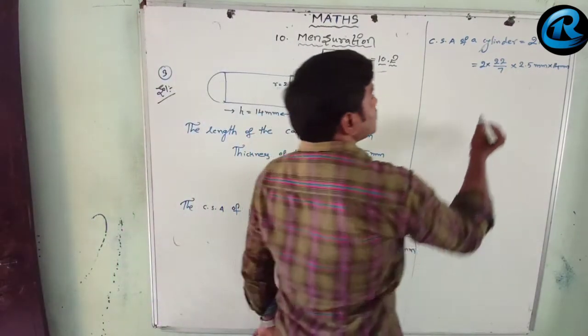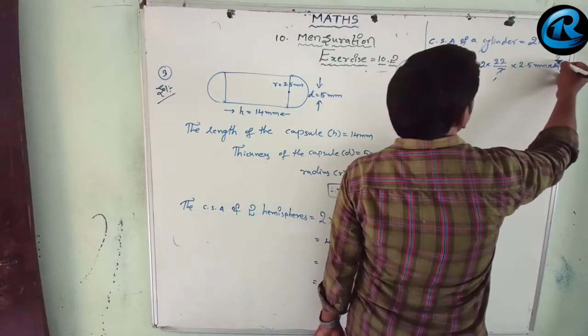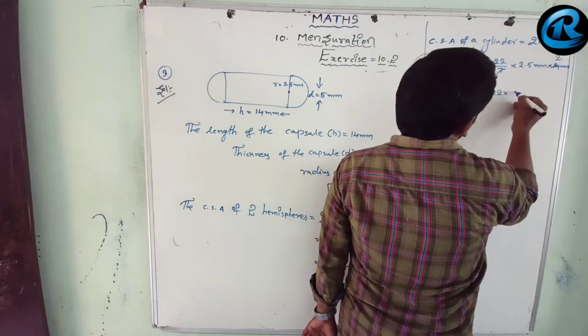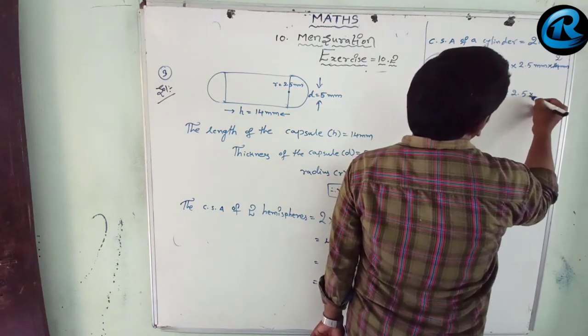So here 7 ones are 7, 7 twos are 14. So 2 into 22 into 2.5 into 2